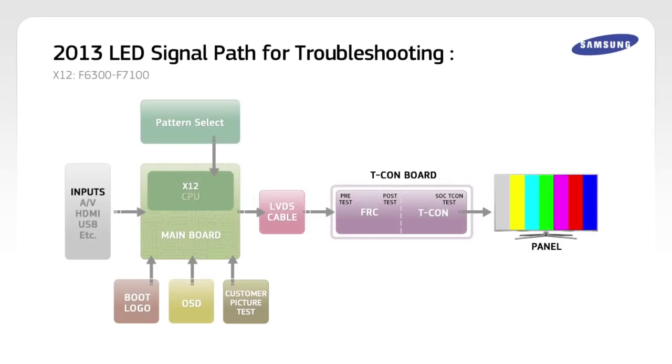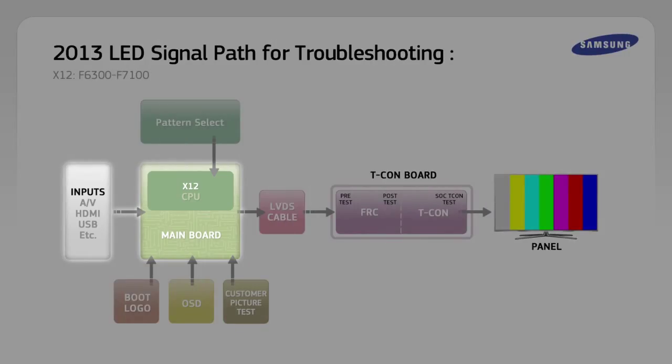Understanding the LED signal path is essential for troubleshooting. 2013 LED models include inputs to the main board, which are decoded and then processed through the X12 CPU. The main board generates an initial power on boot logo that appears for a short time, but can be disabled